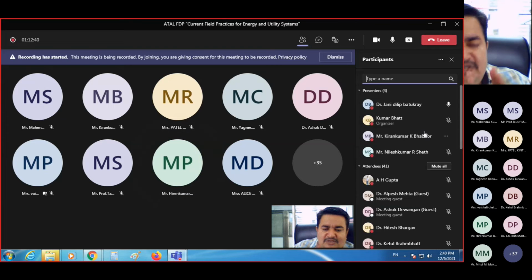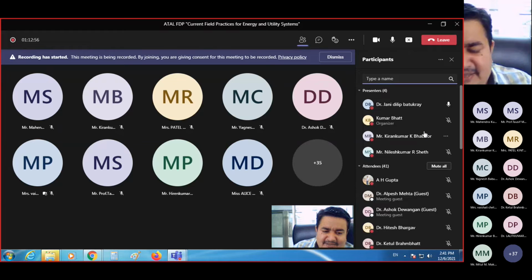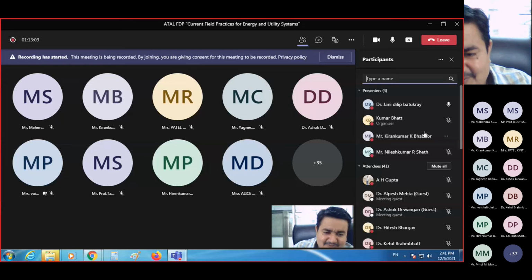Participant email ID means the email ID with which you got registered to the ATL. Most of the faculties I have seen have their regular email ID, and for ATL they generate a new email ID. And every time they complain to me that they don't receive messages, WhatsApp group or link, etc. This is what we know you by, it's your email ID in ATL. Okay.